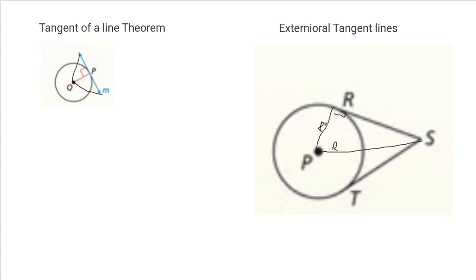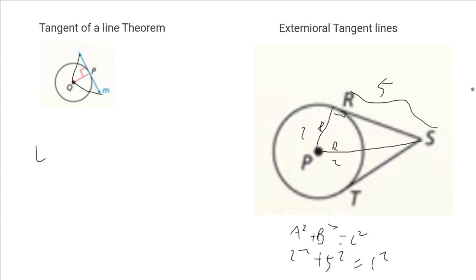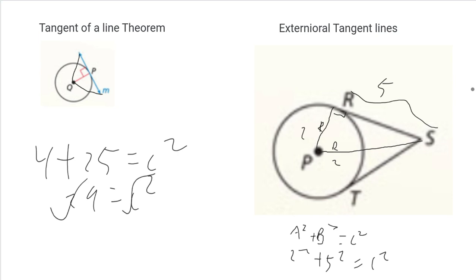And then if I knew the measure of RS, I could then do a squared plus b squared to find this distance. And then let's say that this was 5, and then this was 2, this was 2. It would be 2 squared plus 5 squared is equal to c squared. So then I would get 4 plus 25 is equal to c squared, and I'd get 29 is equal to c squared, square root both sides, and then I would get